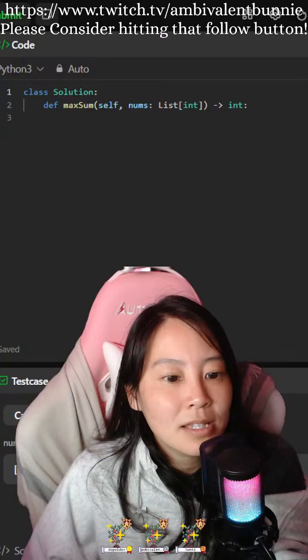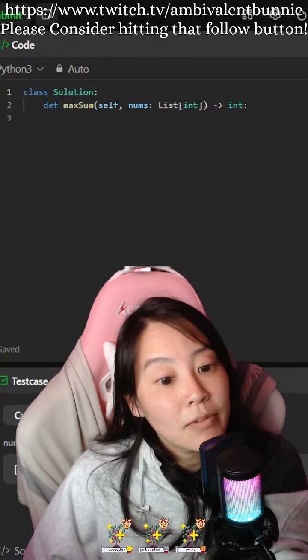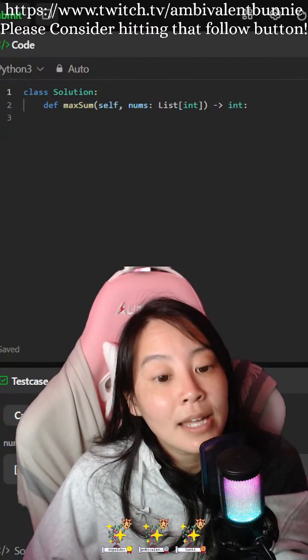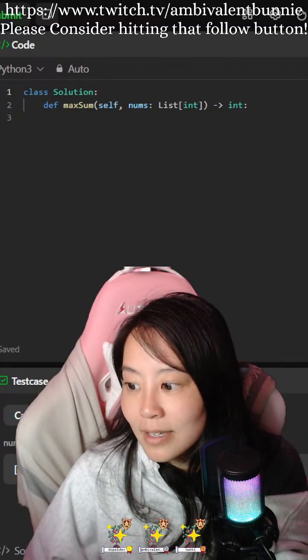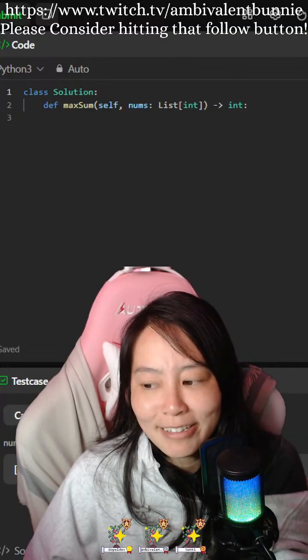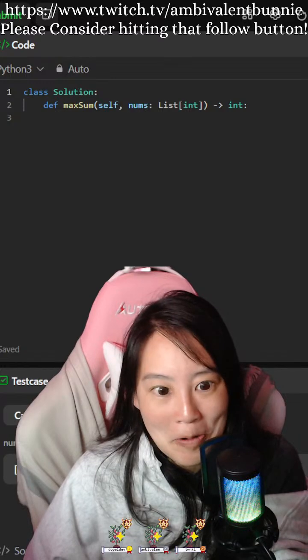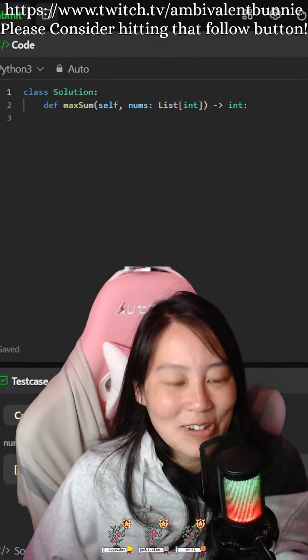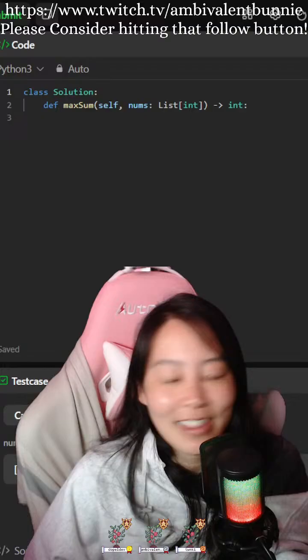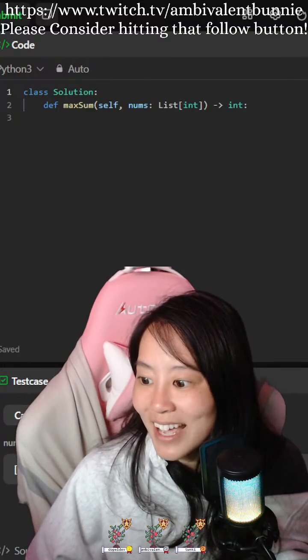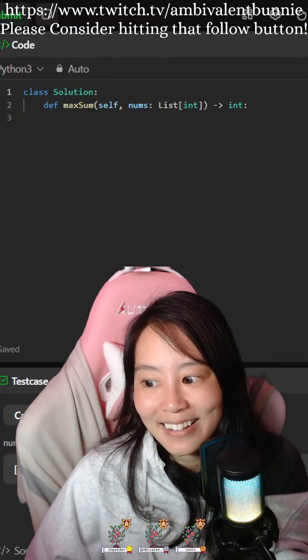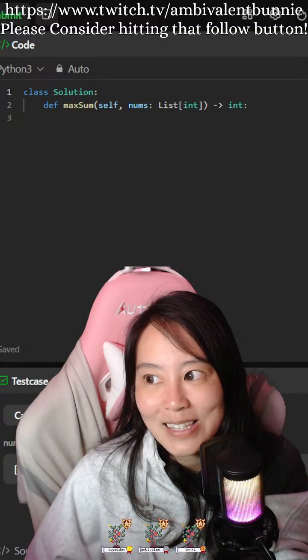Okay, all elements in the subarrays are unique. The sum of the elements in the subarray is maximized. Substring. Maybe? Yes? No? I don't know. So, like, where it could be 1 and 3. Subsets. I think it's subset. So it's not subarray.